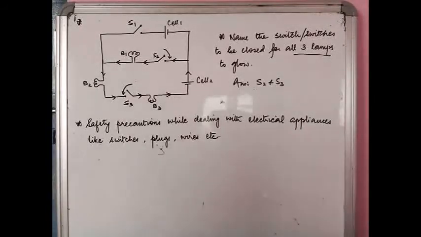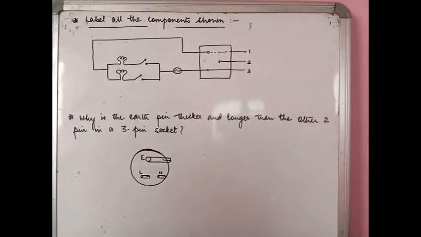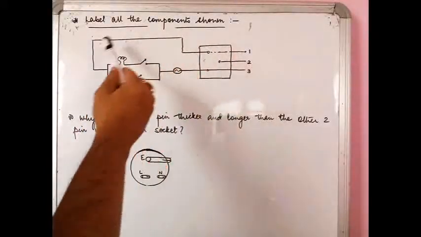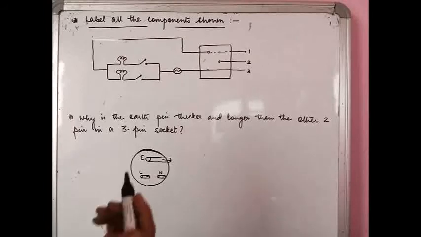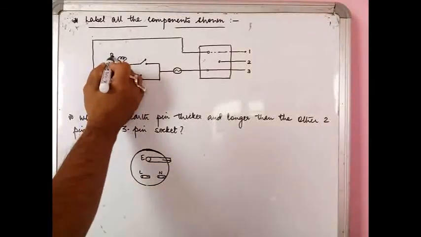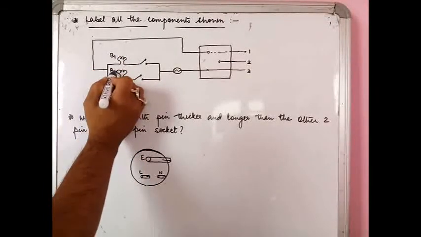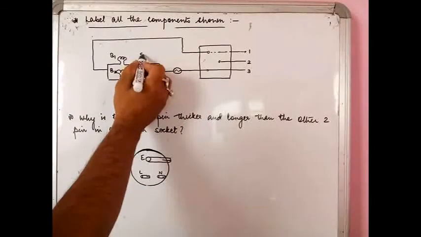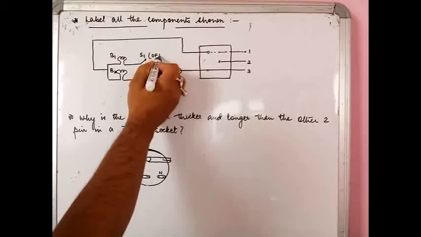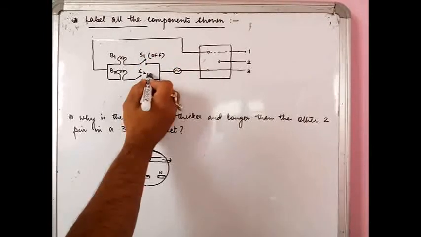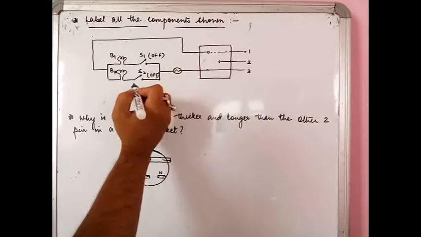Now we'll move to the next type of question that may be asked. Here we see: label all the components shown. So you have been given a setup, a circuit diagram, and you have to label all the components, whatever you see. So this is a bulb B1, you can label this as B2, then obviously this is one switch S1, this is another switch S2, you can write this is in off position, this is also in off position,